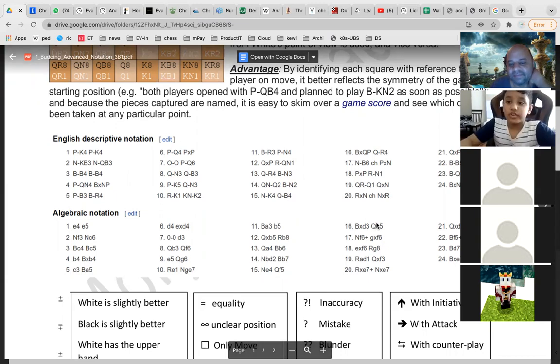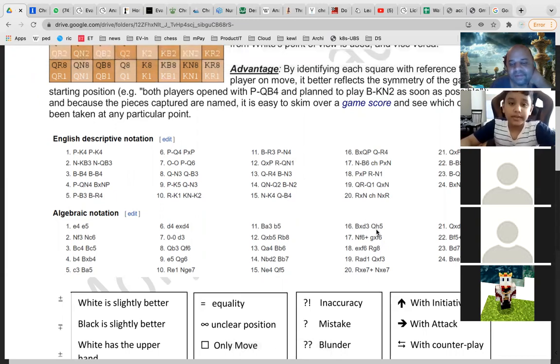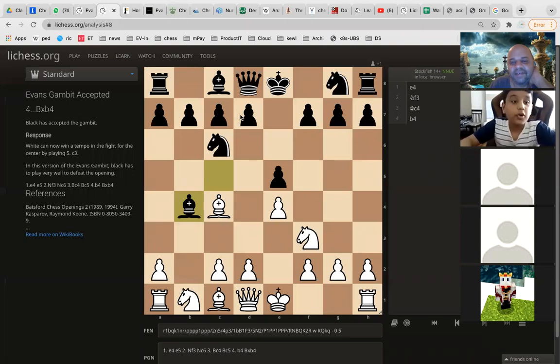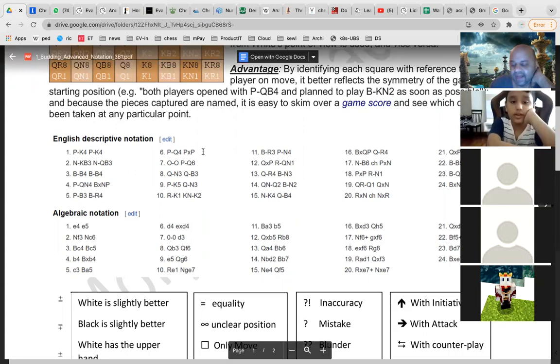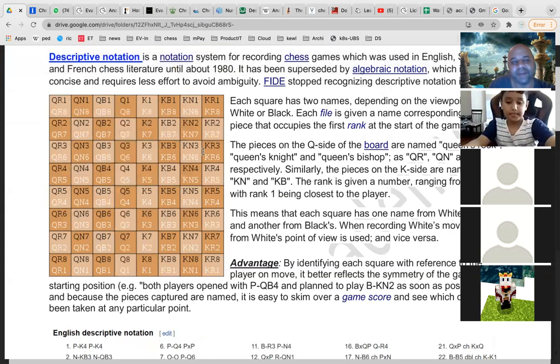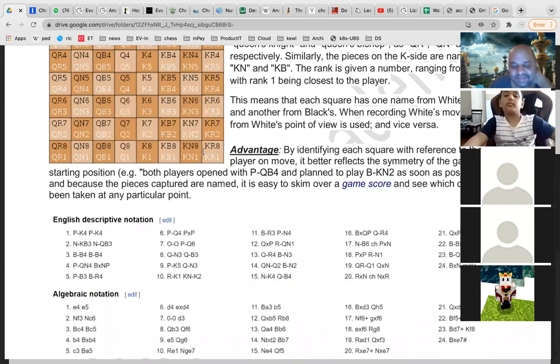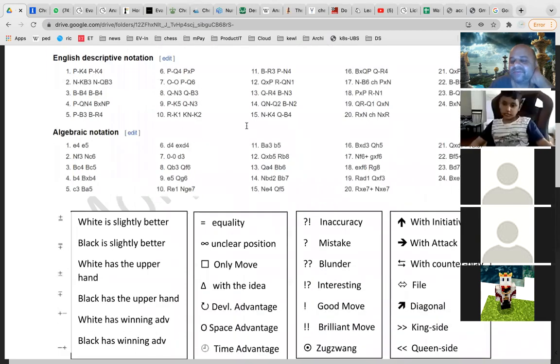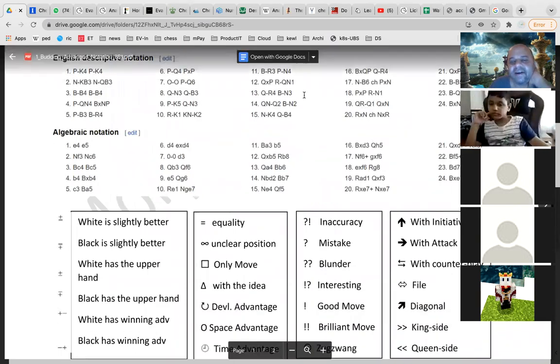Sir, can you get back to the board where you showed us all of them? Can I just take a print screen of it? Yes, you can. I am going to send the handout itself. I sent the handout this morning, so you don't have to worry. The PDF is there on the WhatsApp group, you can download it. It is very, very simple. You just follow it and you will understand.